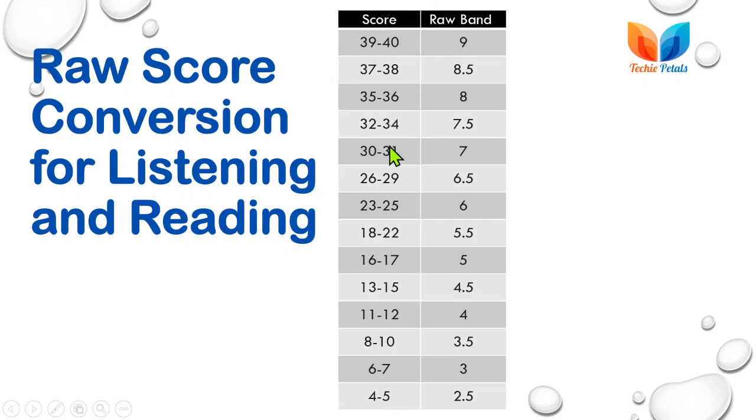Depending on your score, your band will be calculated. If you have a score of 39 or 40, you will get the highest band, and for a score of 37 or 38, you will get a band of 8.5. This is a rough idea, not exact. It may vary for listening and reading, and also on the basis of the academic and general IELTS categories. Reading is different for the general category and the academic category, so this conversion table may vary. This is just a rough idea.